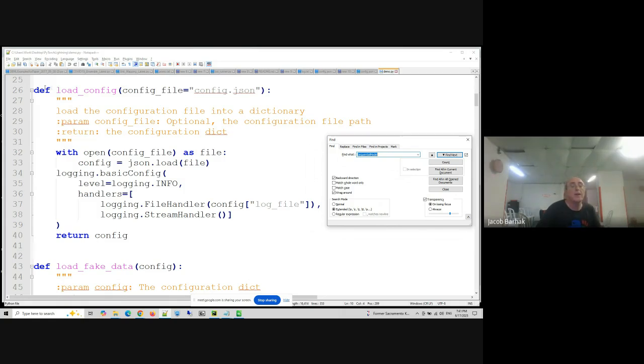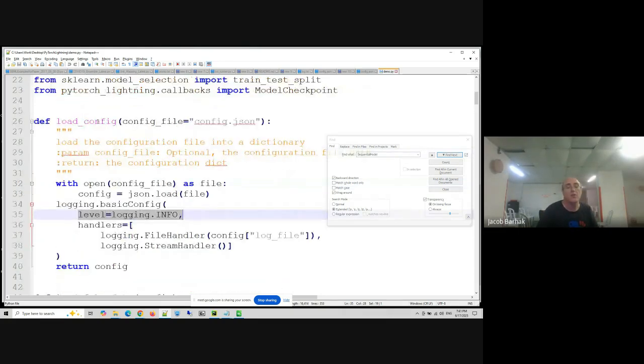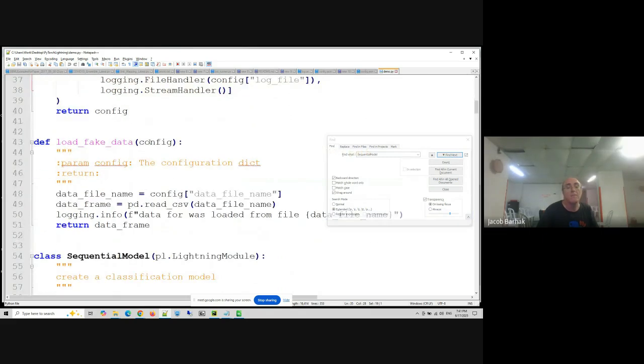So first thing is we have to load the configuration. We load the configuration, and we also set up logging at the same time. This is something very basic. When I write code, I always write this part that will load the configuration, and now we have it in something called config. Notice most of the functions will just get the configuration, and then later you look for the parameters you need in the configuration.